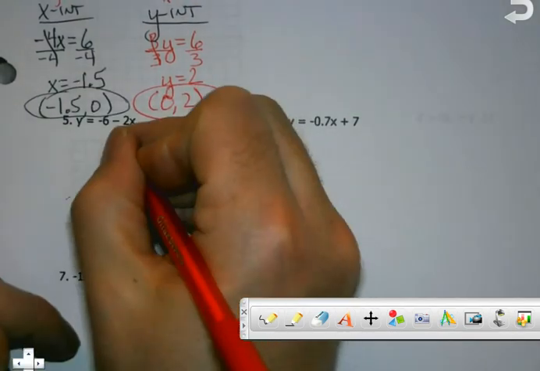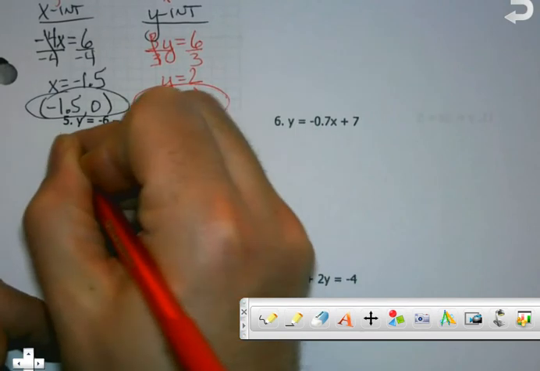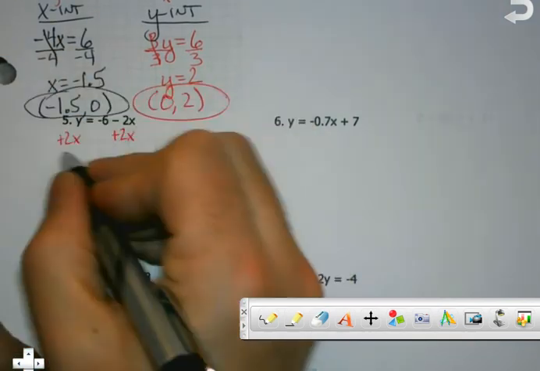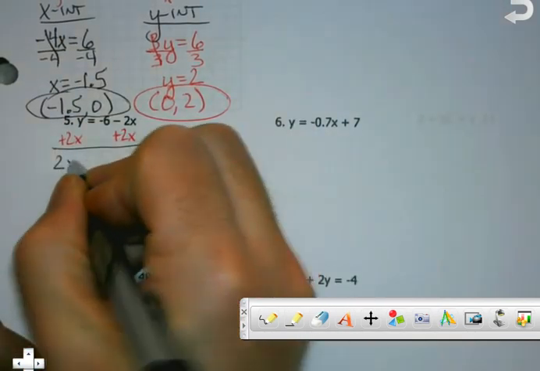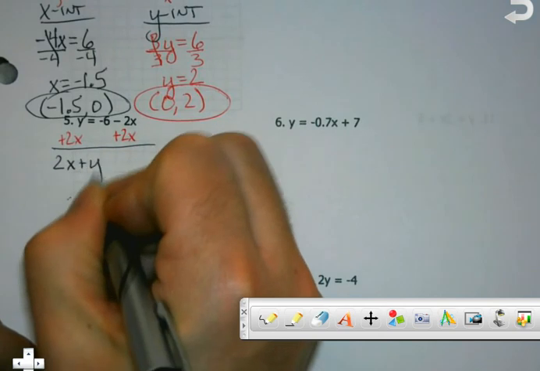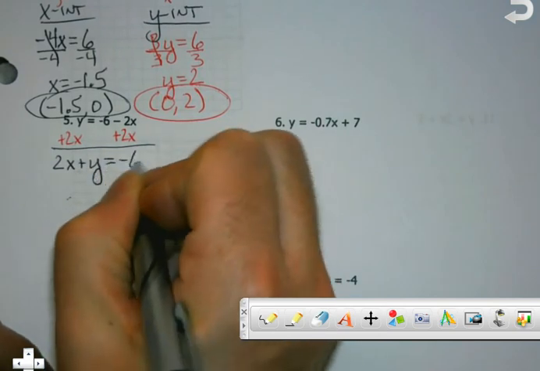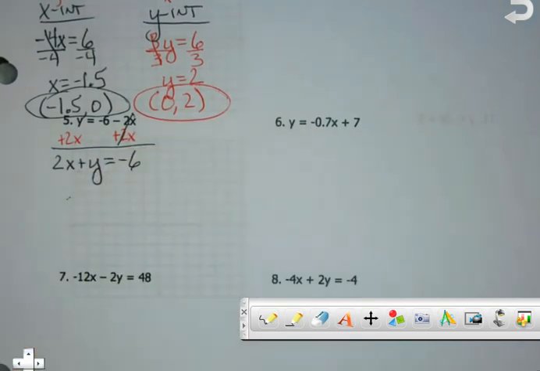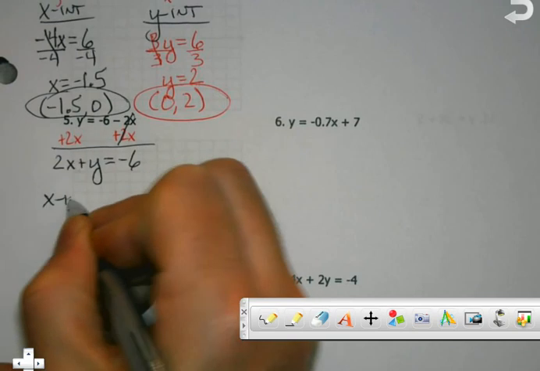So I'm going to add 2x and get it into a form that I like. So 2x, that's a positive y, equals -6. I could do this without doing it. But again, I want to keep this as normal as I can. Because now when I split them up,